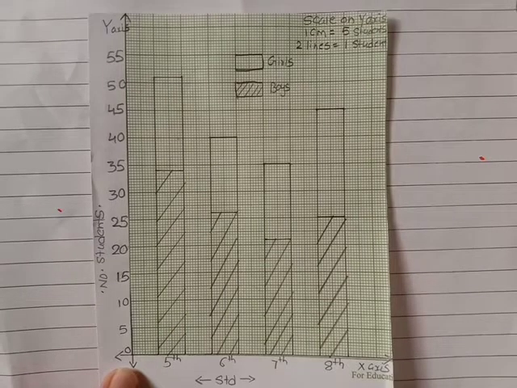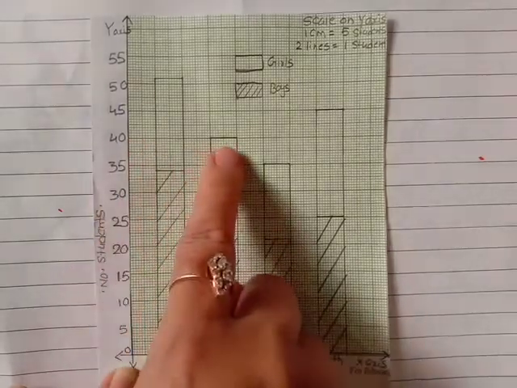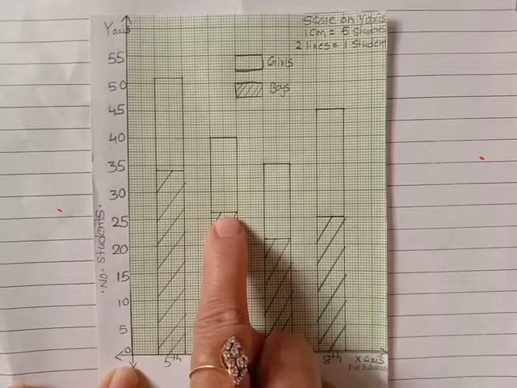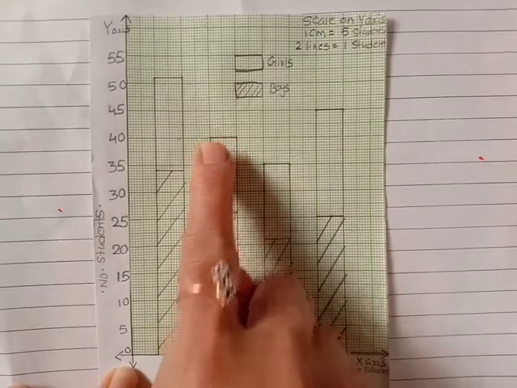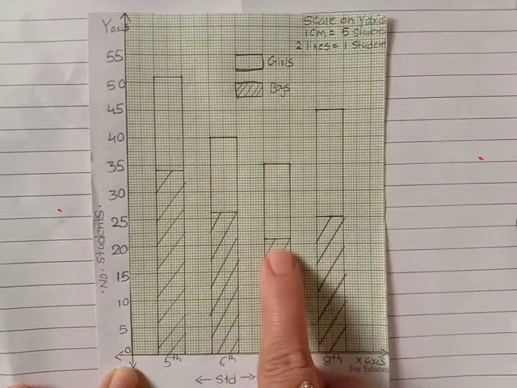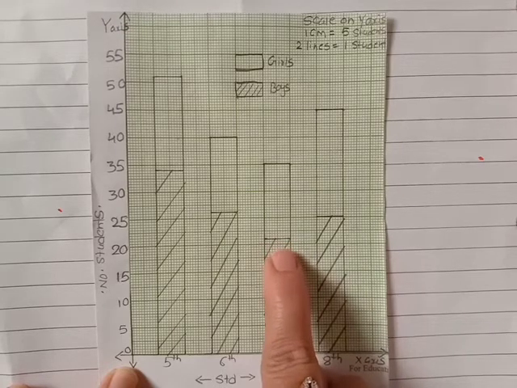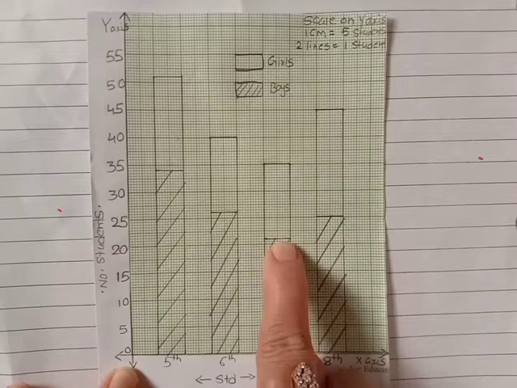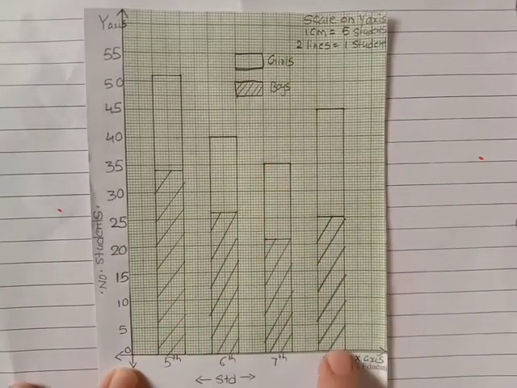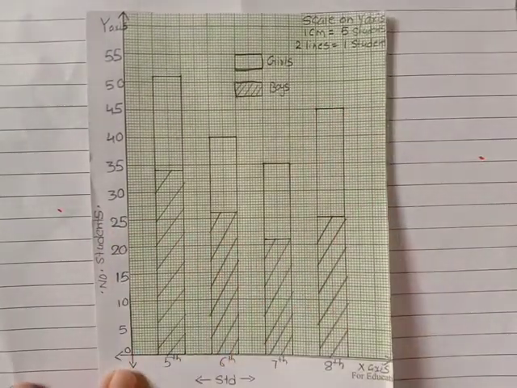So this is the complete graph, students. For 5th I have already explained. For 6th standard, the total is 40. Among that, 26, that means 2 lines above 25, are boys and 14 are girls. For 7th standard, the total is 35. Among that, 21, that means 2 lines above 20 because one student corresponds to 2 lines, are boys, and the remaining 14 will automatically be girls. For 8th standard, look at boys. The total is 45, boys are 25, so the remaining 20 will automatically be girls.